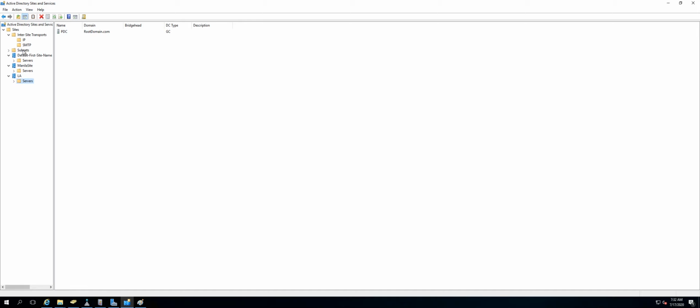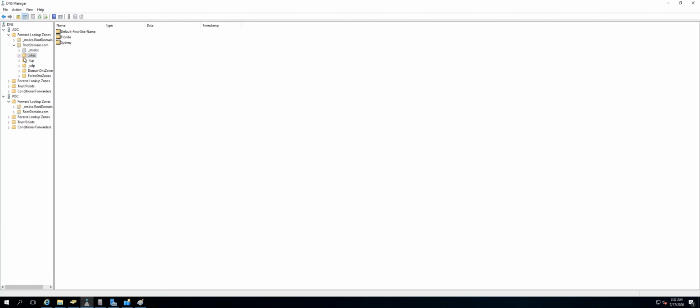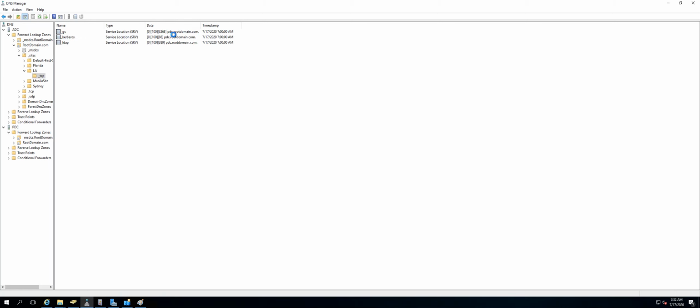The next thing which we have to do, and eventually we'll see that all these sites should show up here. If I refresh it, hopefully they are already showing up. Yeah, so LA and Manila are showing up here. And if you go under TCP, under LA your GC is PDC, your Kerberos is PDC, and your LDAP is PDC. Under Manila,